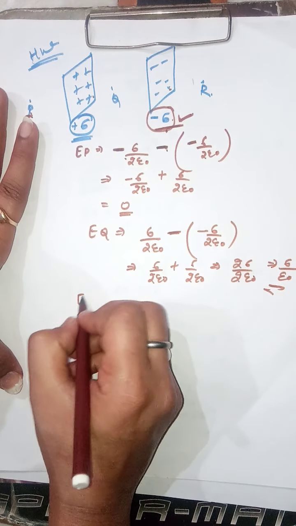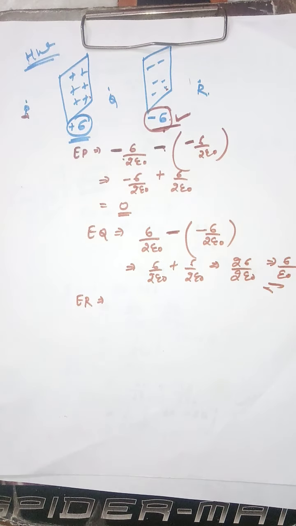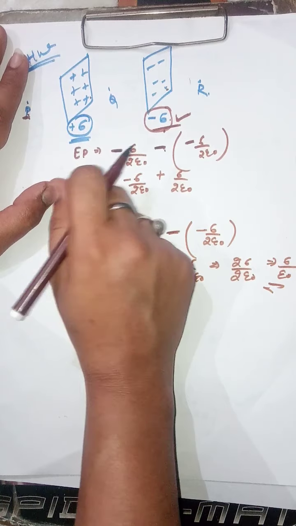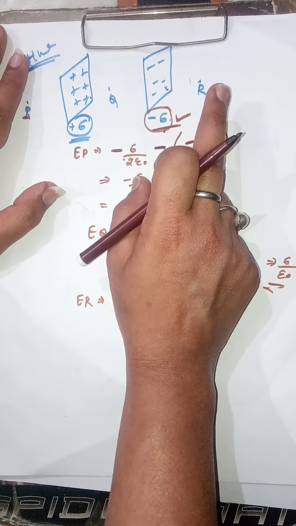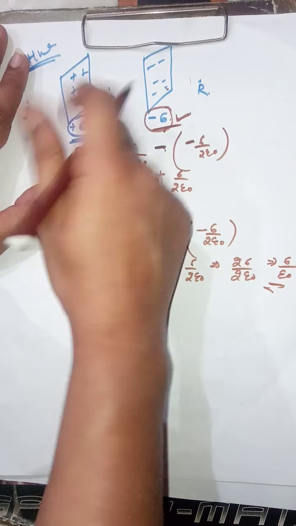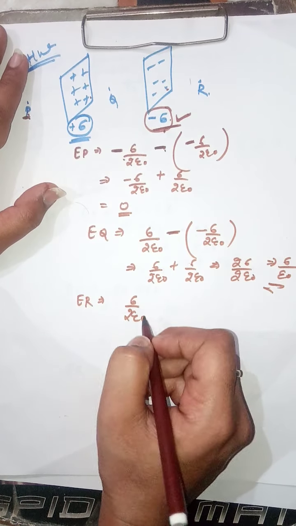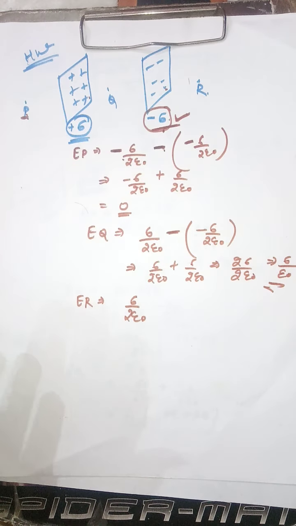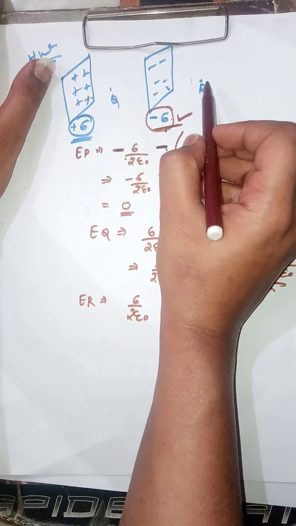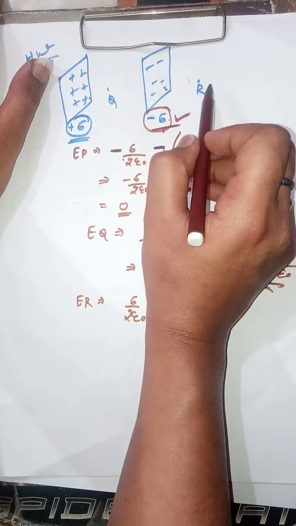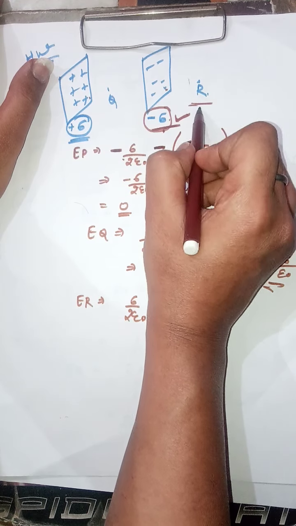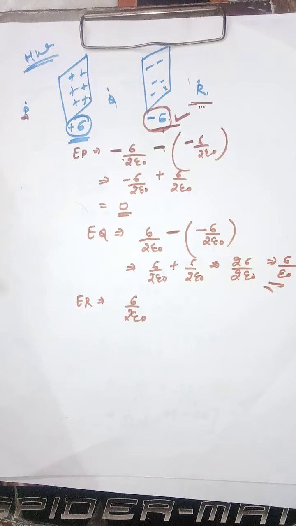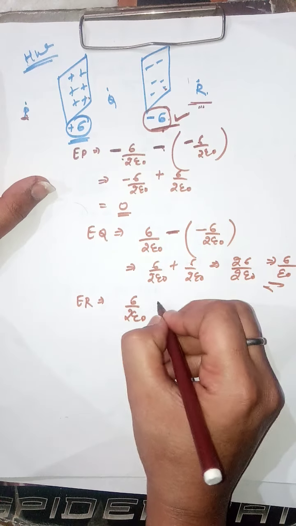Now, electric field at a point R. Point R will act as the right hand side for this sheet. Again I am repeating, point R will act as the right hand side for this sheet. So the value of electric field would be positive due to this positively charged sheet. Again, the value of electric field due to this charged sheet at this point is also positive, as this point will again act as the right hand side for this charged sheet. Thus we will obtain a positive sign.